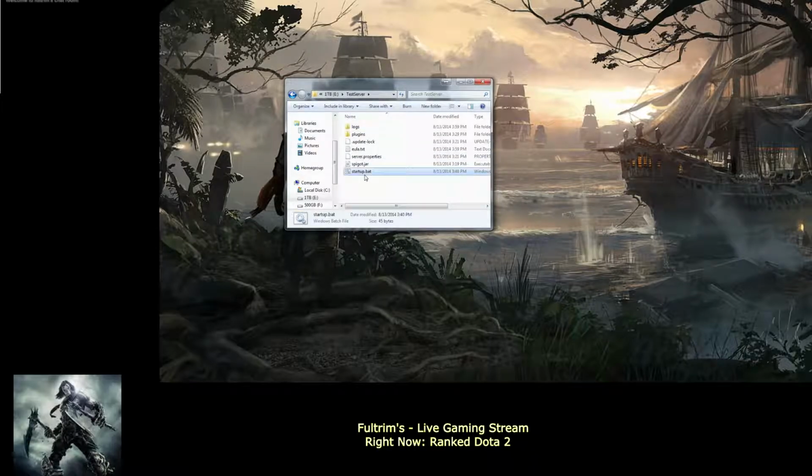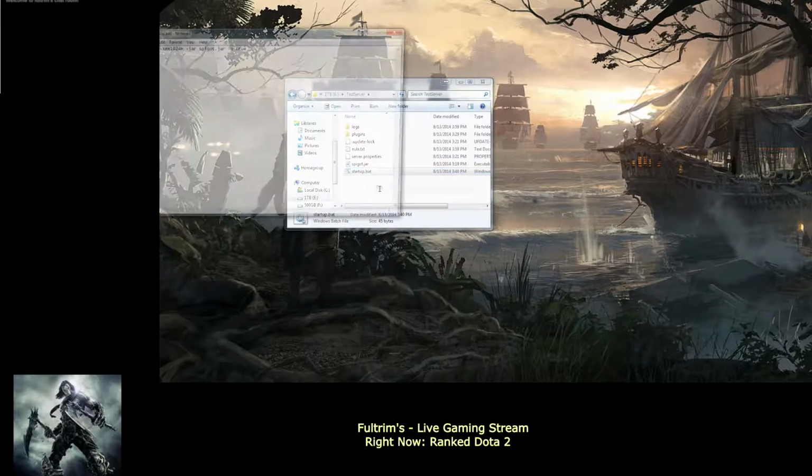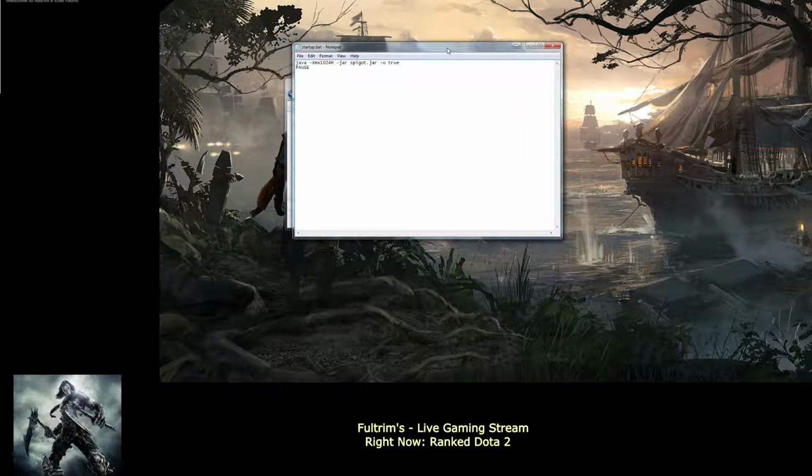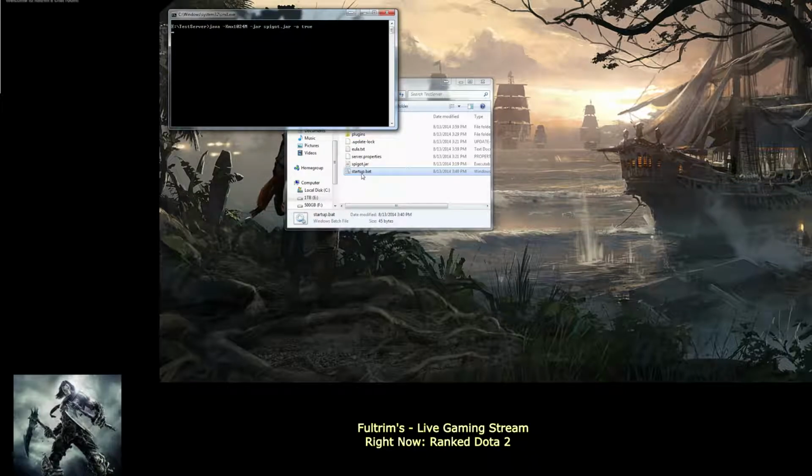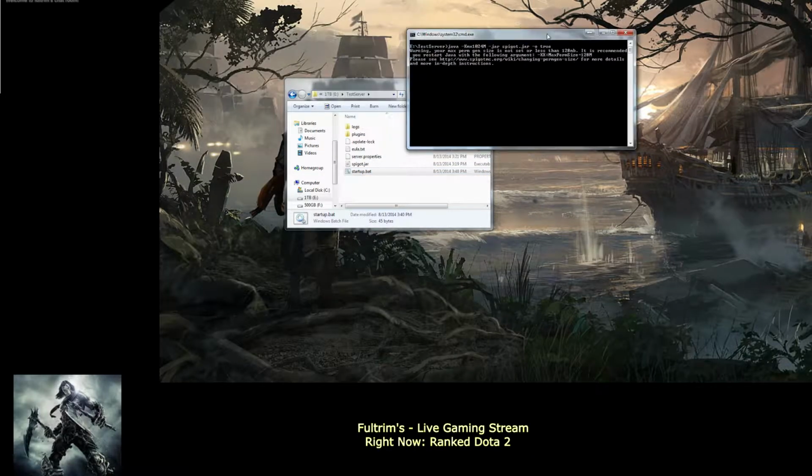So let me just show you what the startup app that we're using is. It's very much the most basic thing. It basically says we're running a Java program. We're giving it this much memory. It's a jar. The name of the jar is this. Don't even worry about the rest of this. But basically, it just says stuff about the window and how we're handling it. And then pause actually prevents the window from closing,